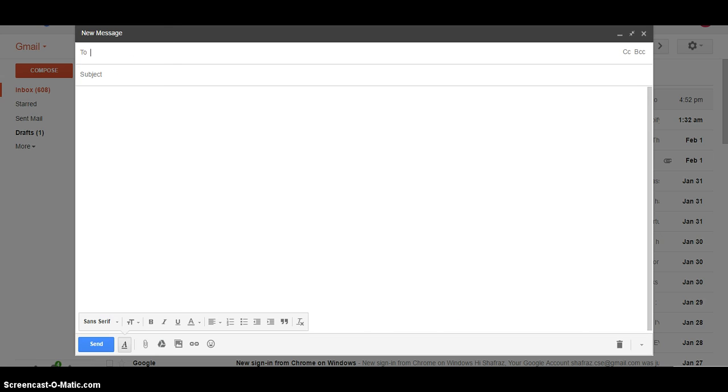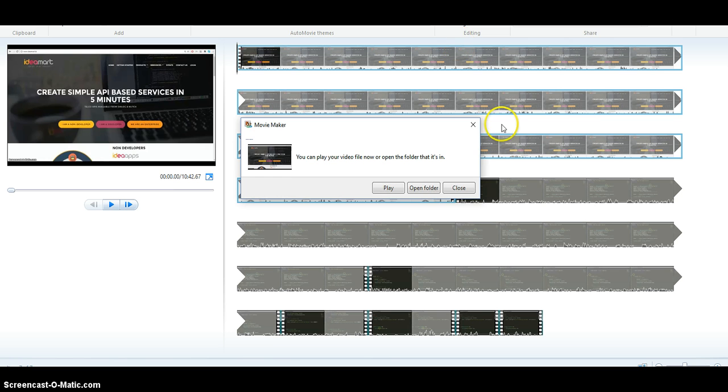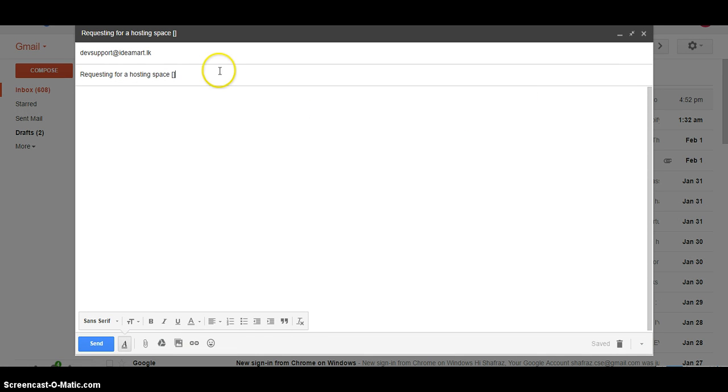Log into your email client, and now you need to send an email to devsupport at ideamart.lk and mention in the subject that you are requesting a hosting space. It's better to mention the account name or the username of your IdeaMart account.